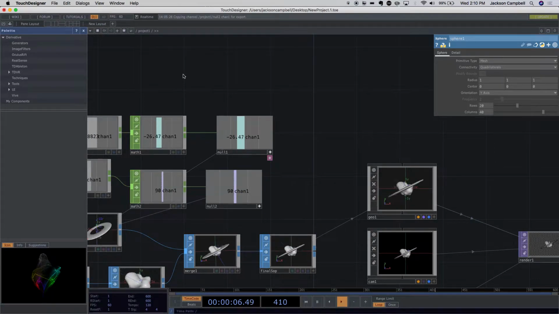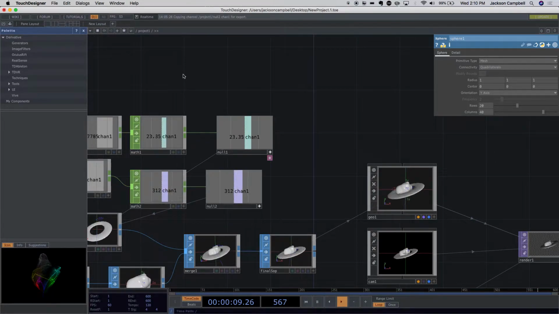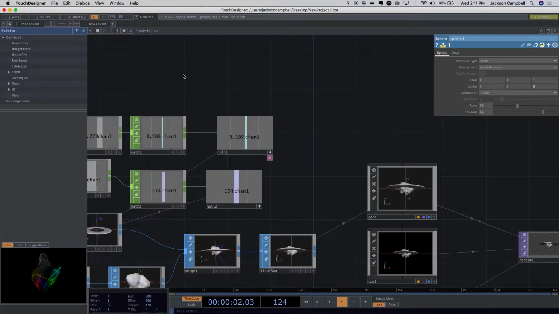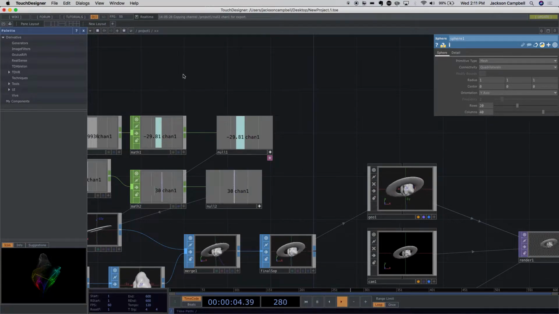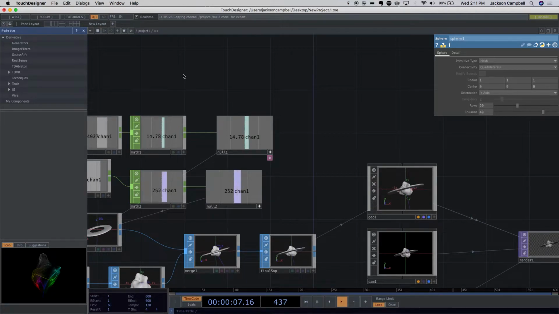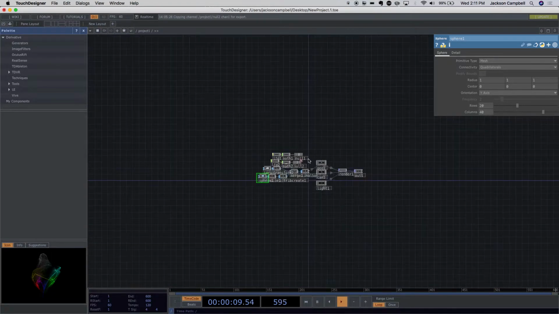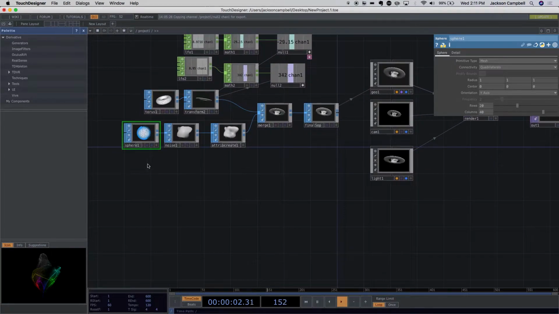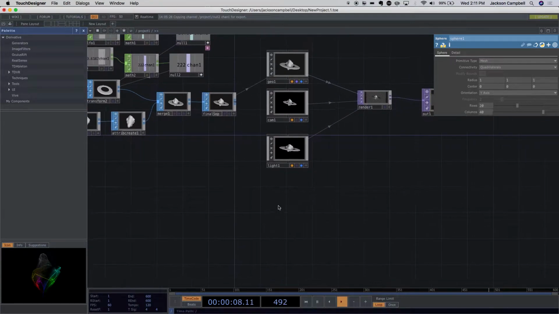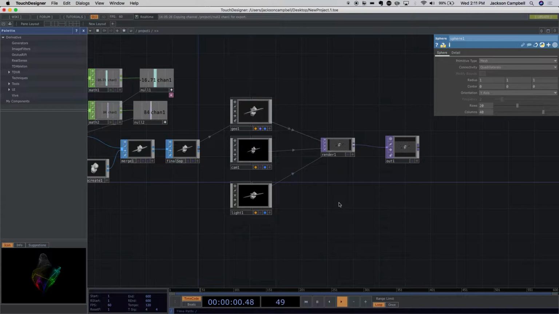No. In fact, when you add your 10th object, even primitives, you'll start to notice frame rate issues because it's having to calculate all of those on the CPU. Every time you use a SOP, whether that be a model file or a primitive, all of those vertices are calculated on the CPU. So if I just wanted 64 Saturns, and I don't mind that they're all the same,